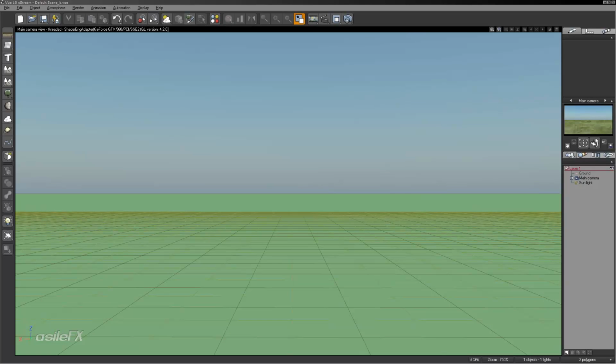Some of the native plants that come with Vue have some issues with them, to say the least. There's a couple of different issues and problems with the native content that I do want to show you, because sometimes it's not going to be as obvious as a hooking point for a leaf being off. So the main issues we're going to take a look at right now are hooking points being in the wrong place upon load for the species,